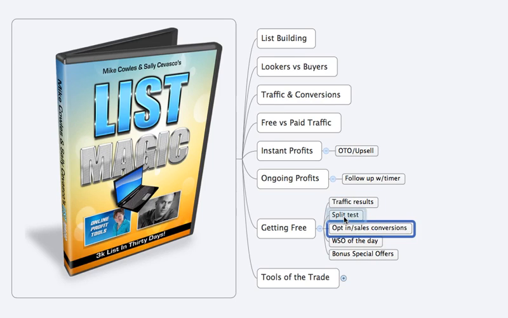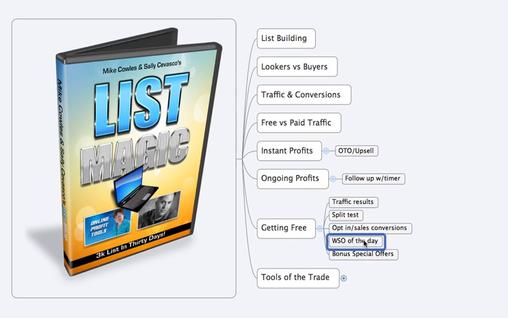So you can go to them and say, you know what, let's try a higher price point. Make it 47 instead of 37, see how that does. Or let's tell them about the bonus. Or, you know what, let's tell them there's a surprise bonus and not tell them what it is and see which one converts better. And they can make those changes and do all those things for you.